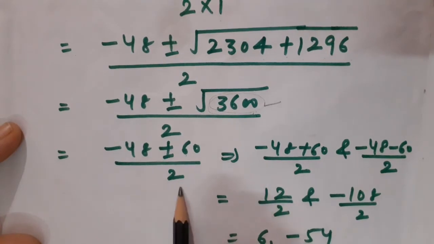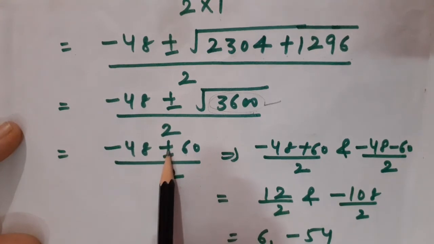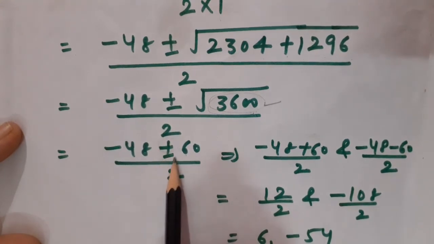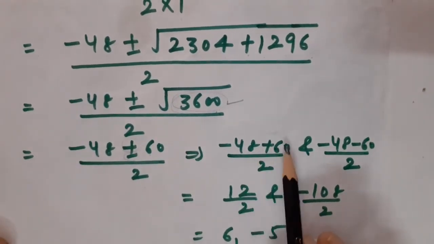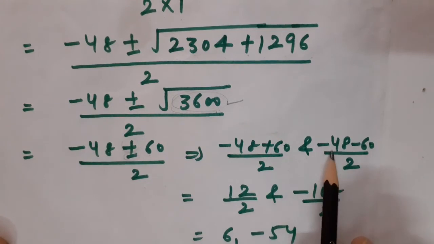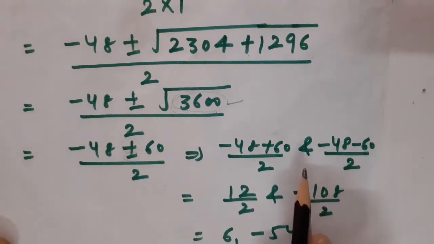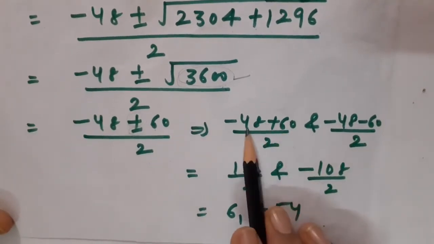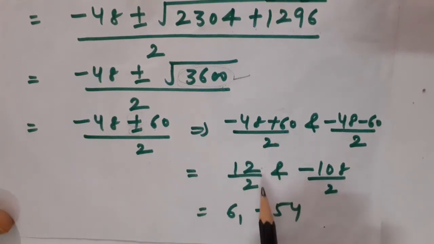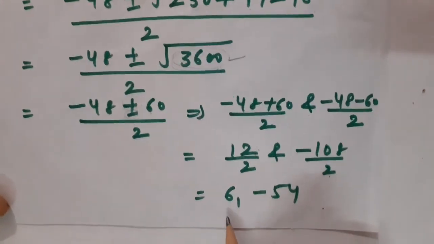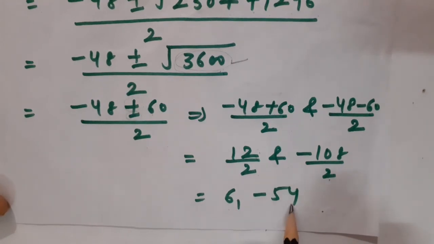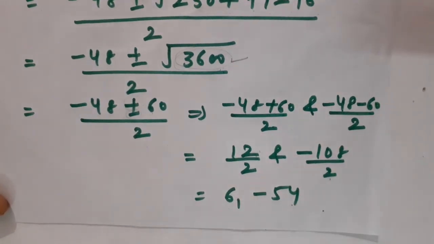Now as you know, we are dealing with a quadratic equation, so definitely two roots will exist. So one root you have to find out while taking the plus sign and another while taking the minus sign. So the roots will be minus 48 plus 60 upon 2 and minus 48 minus 60 upon 2. Correct? So after simplifying, minus 48 plus 60 you will be getting 12 upon 2 and here you will be getting minus 108 upon 2. Correct? Simplify them. Here you have got 6 and minus 54 as two values of x.